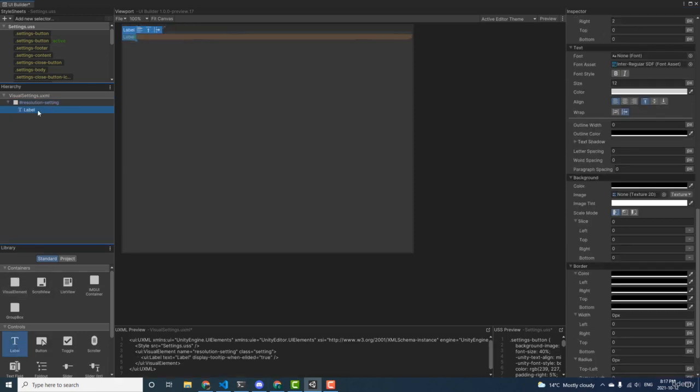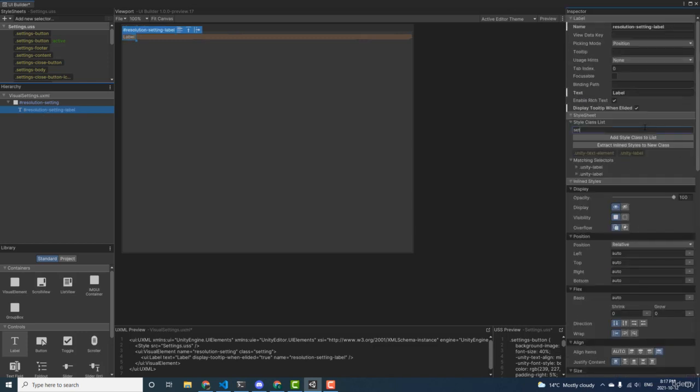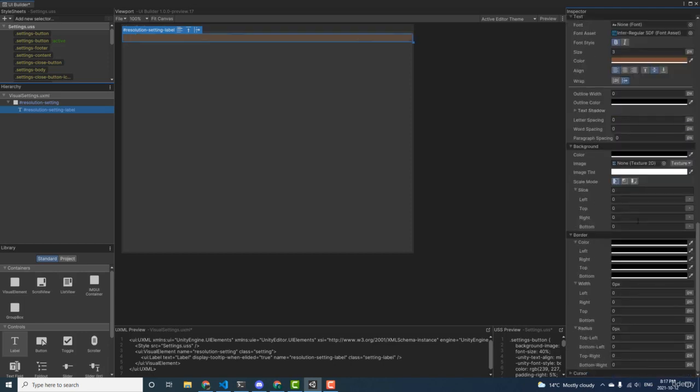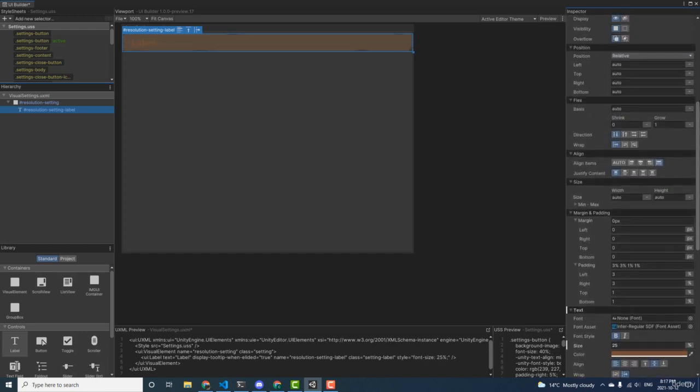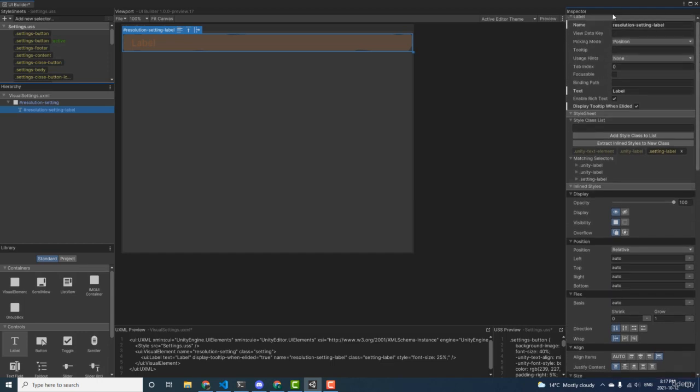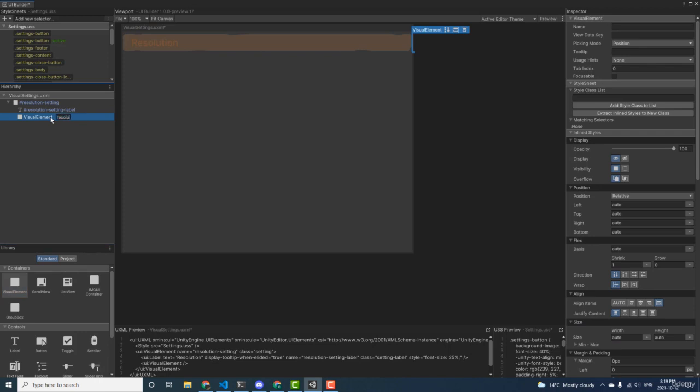Then we're going to drag a label and we're going to call it the resolution setting label. And we are going to add the settings label class to it. And we'll have to change the size to 25%. And I know it's a little difficult to see now, but once we put it on the settings background, it will change. So we'll change the text to resolution, and then we are going to add another visual element called